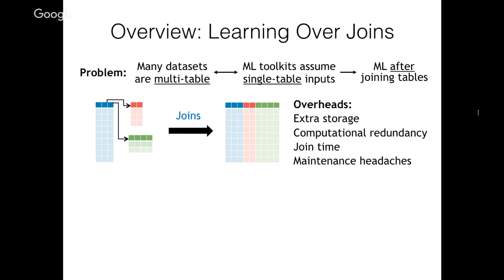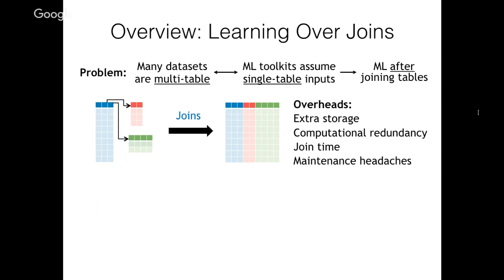Because the joins introduce redundancy, machine learning computations over that intermediate join output could have a lot of redundancy in its computations, which wastes a lot of runtime. And the join time itself, as we know, could also be non-trivial. And finally, input data in the real world is rarely static. It keeps changing, new tuples get added, and asking the data scientist to maintain this intermediate file somewhere introduces extra